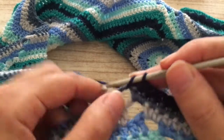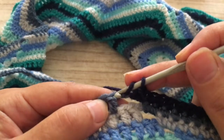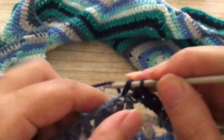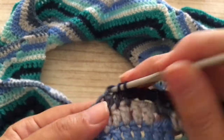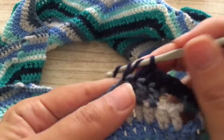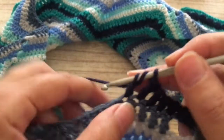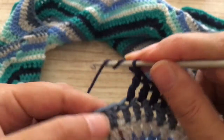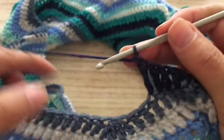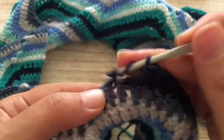Another 2 here, single crochet or double crochet. Now here we have to make two half crochet, half treble, 1 and 2, 2 trebles, 1 and 2, 2 double treble, you turn it 2 times the thread, 1 and 2, and here we have to make 5 triple treble, you turn it 3 times, you have to make 5,